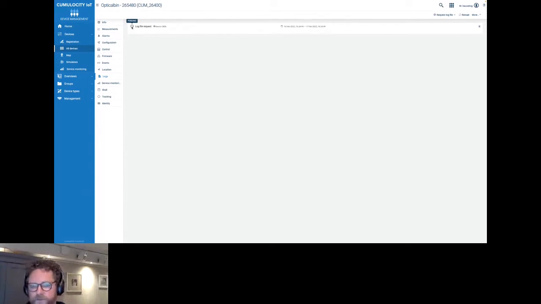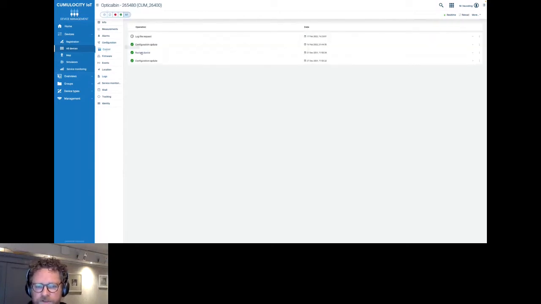To accompany this process, we have statuses for these commands. In this case, we can see the command is pending. We're waiting for the controller to pick up this command and then execute it. We can also go to the control tab and actually see what commands have been executed in the past. And we can see we've restarted the device, we've updated configuration, and we have a pending operation for the log